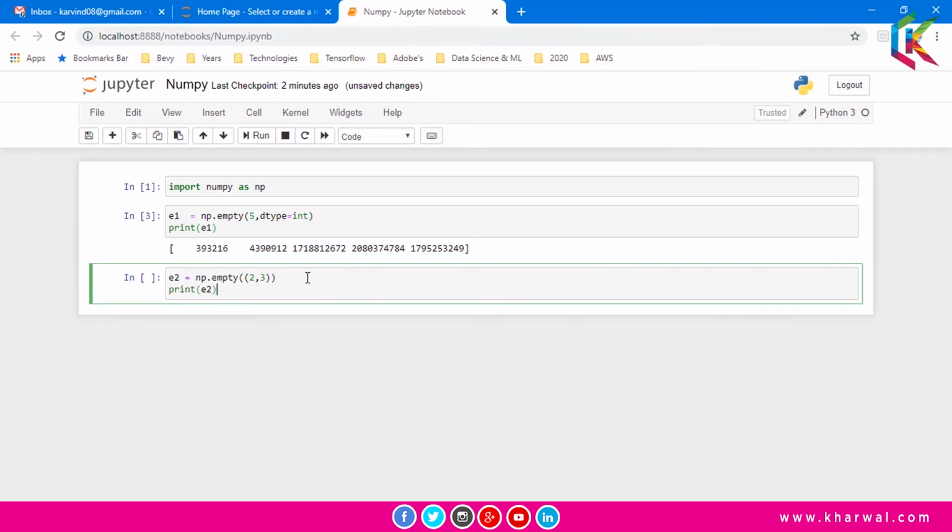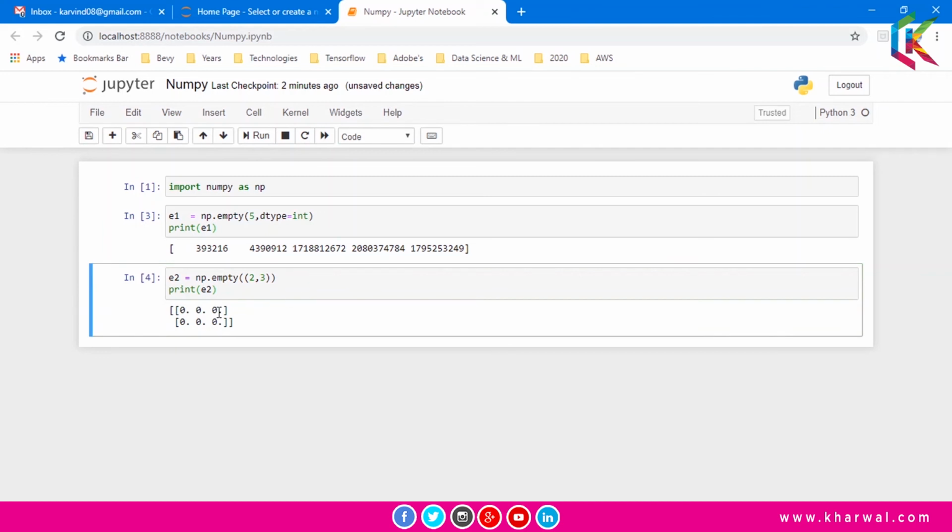So let's run this. Basically it is giving a two-dimensional array of 2 cross 3, and all the elements are arbitrary. And now I am adding dtype to this empty function. So let's add this parameter. And now if I run this script, it will give you output like this.